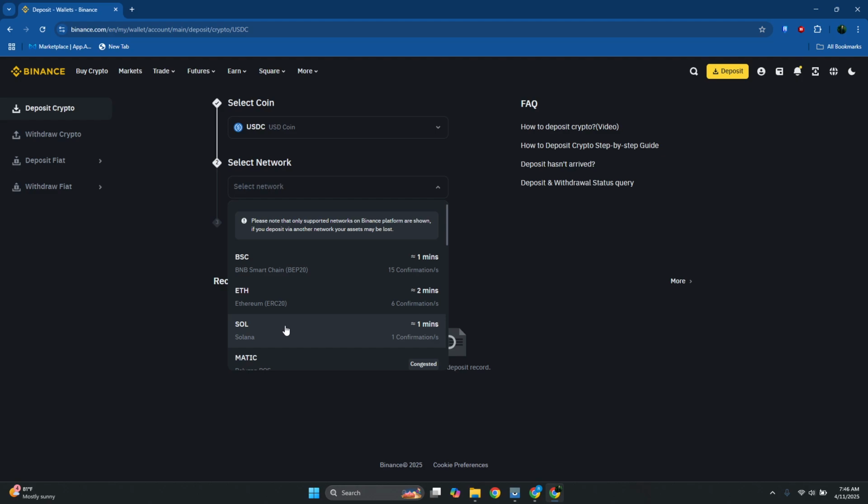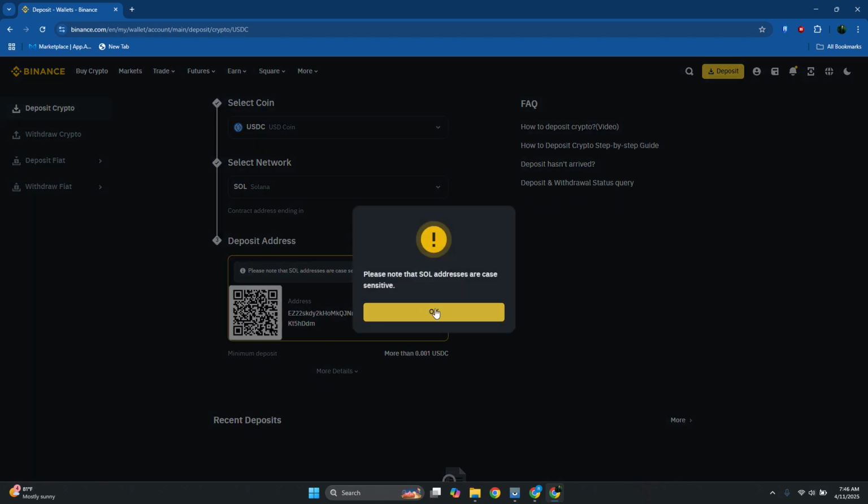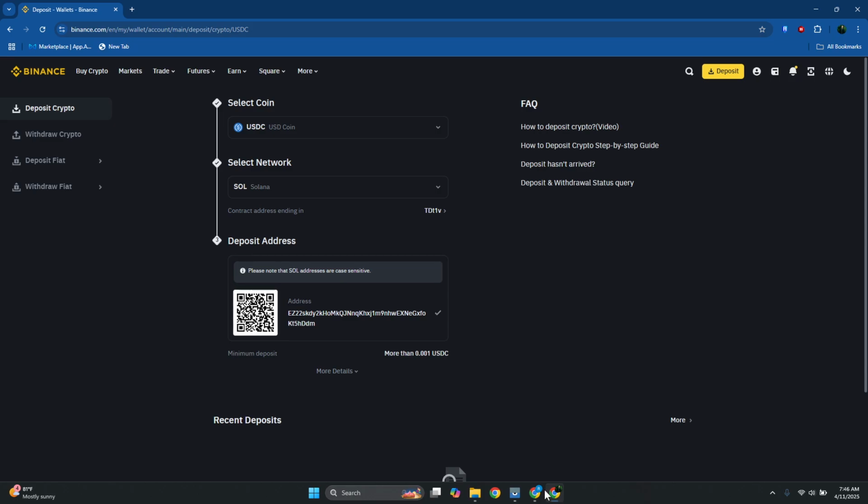Just make sure that you remember which network you use here, because using the incorrect network can result in your crypto being lost. So again, your network and the coin that you're sending should match. So let's go and choose Solana here. Now from here, you want to just click on the copy button, and you want to head over